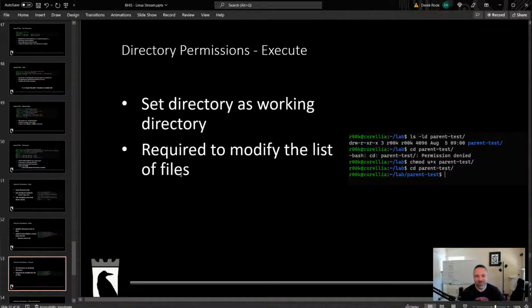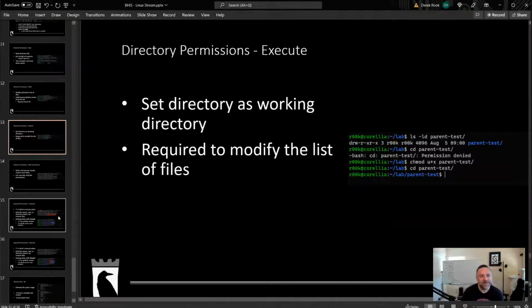Lastly, the execute bit. You almost can't do anything to directories unless you have the execute bit set for the directory, because what that does is it allows you to set that directory as the current working directory. So in order to read files, to be able to list permissions and things like that, you need the execute bit itself set. So read by itself does almost nothing. It just lets you list the files. Write does actually nothing because you can't set the working directory as that directory. Execute is kind of the god bit of directory permissions.